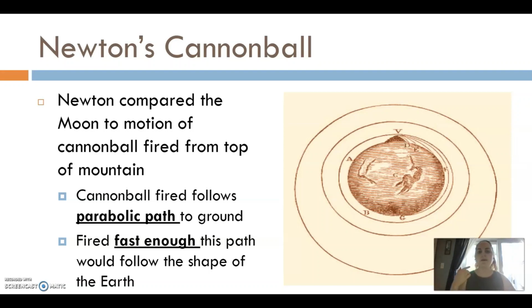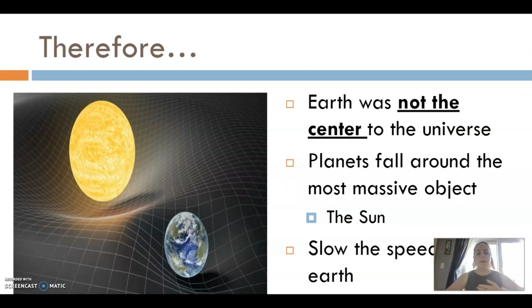But if you give it enough velocity, if you make it go fast enough, it's going to continue falling and falling and falling. We call that falling an orbit. The cannonball is just going to continue in that orbit around the shape of the object, in this case the Earth. So it has to do not only with the object at the center, but also with the object that is surrounding it.